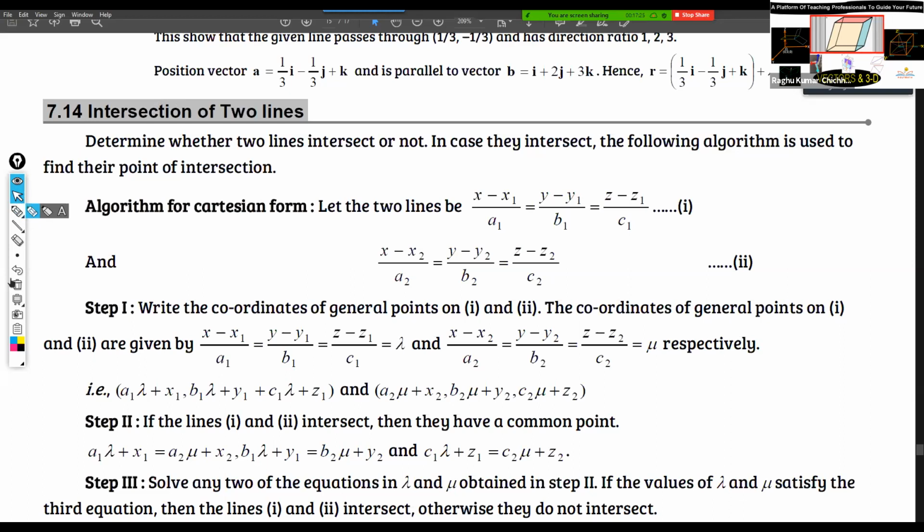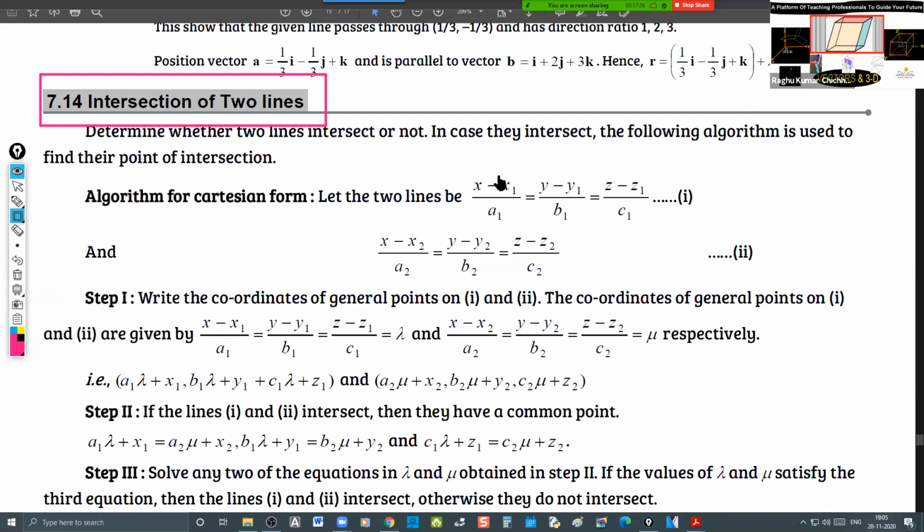So why am I telling you all this at this juncture? Intersection of two lines we have to talk about. Intersection of two lines, from the algebraic form: if there is a common point for both the lines, this is the first line, let me say, and this is the second line, let me say. If these two have a common point of intersection, then we say that they are intersecting with each other. Then how do we decide it? We create